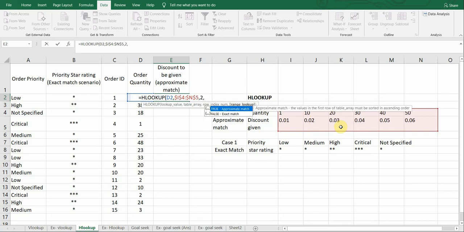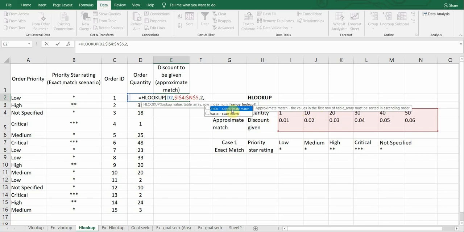And the last one is range lookup. Now if you see, we cannot search for an exact match in this particular scenario. So here we need to look for an approximate match, which means that the number which I have over here should be an approximate match with respect to the quantity which is given in the lookup table array.